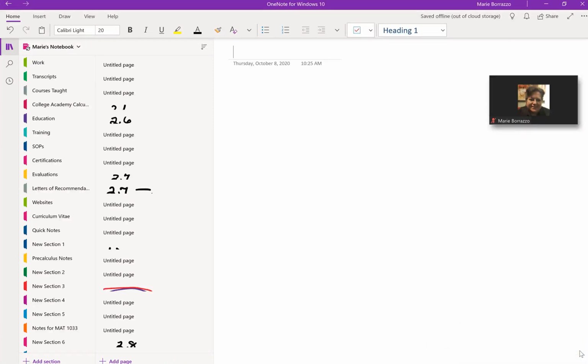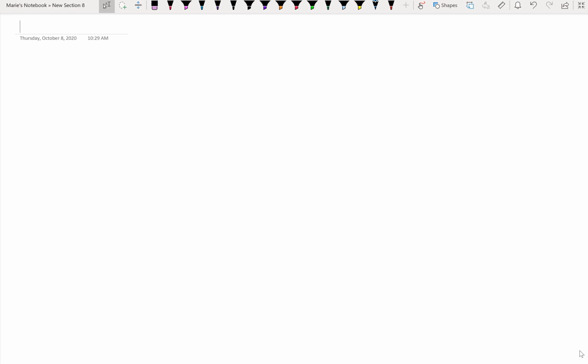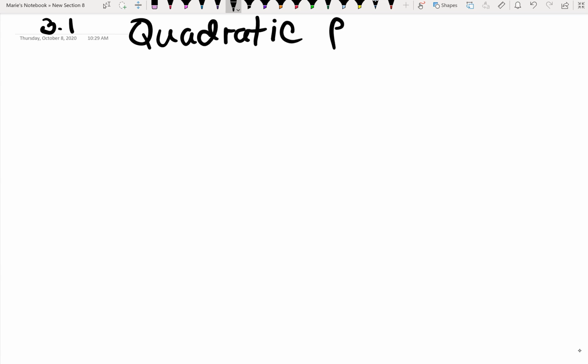Okay, so we're talking about section 3.1, and in this section it's all about quadratic equations. So we're looking at quadratic functions and equations. So quadratic functions